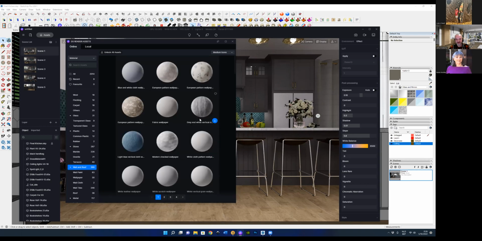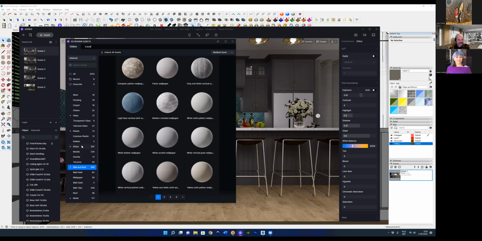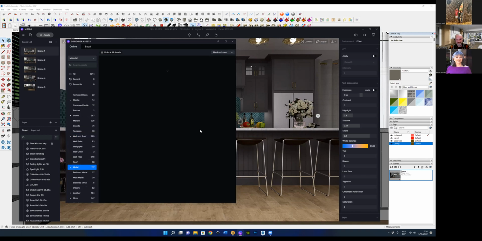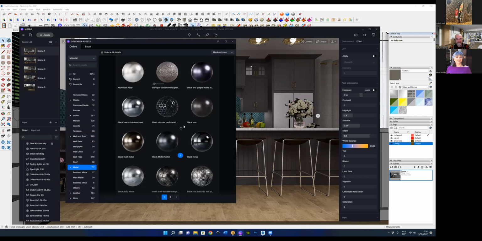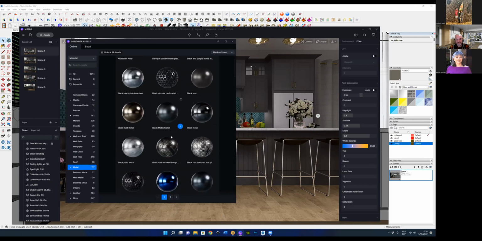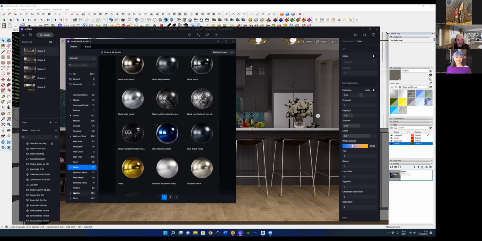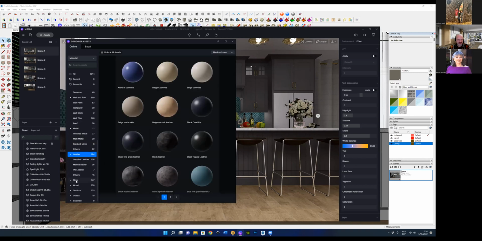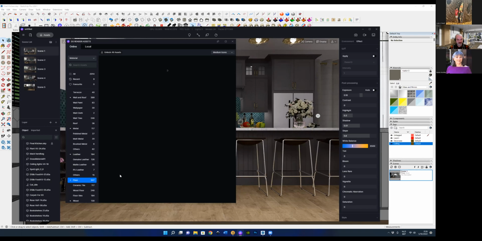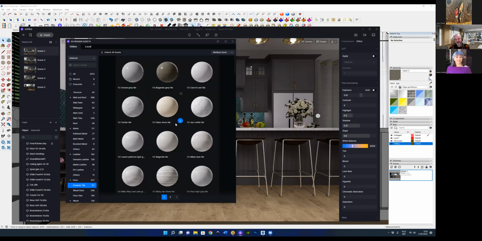So when you want to make your walls concrete, everything is in it. You have your metals for your appliances. If you want darker metals, shiny metals, brushed metals, anything you want. It goes back to leather, floors, stone floor. You have ceramic tiles if you want. So this is so great about D5. It is free, and everything I'm doing now you can use,